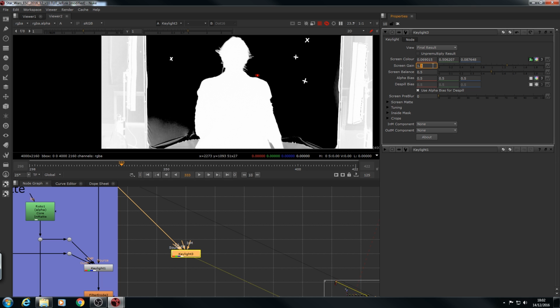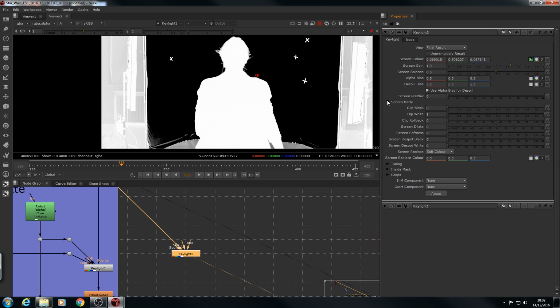This kind of looks good. And then I'm just going to adjust my black and white values for my alpha. I'm just going to remove a little bit more of the black. And the thing is, you also need to watch out for your values, because as you can see here